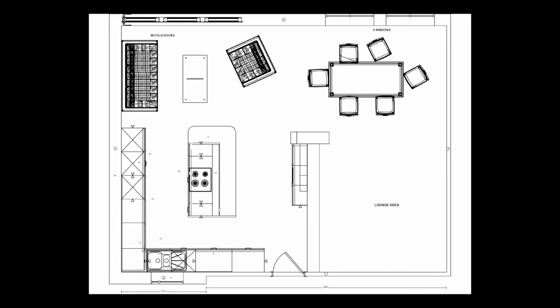And on the architect's plans there's going to be a long run of bifold doors on the top left hand side, which you can see here. And on the opposite side to the bifold doors there were going to be 2 windows set at standard dining room sill height. The discussion in these circumstances with the client usually begins with,